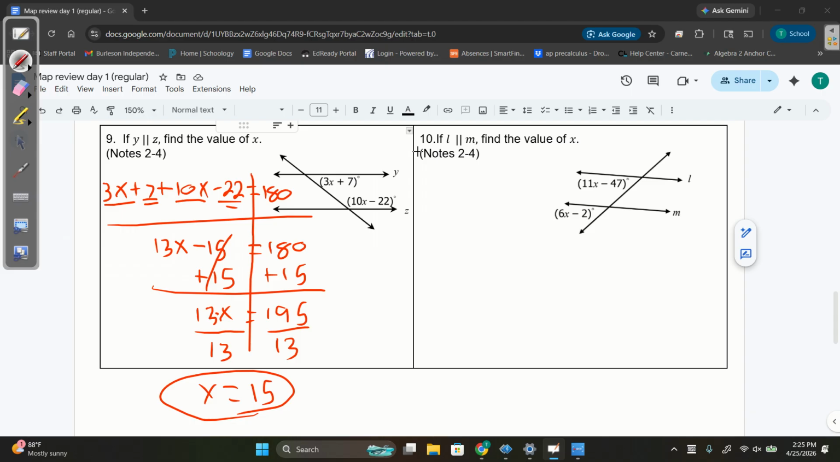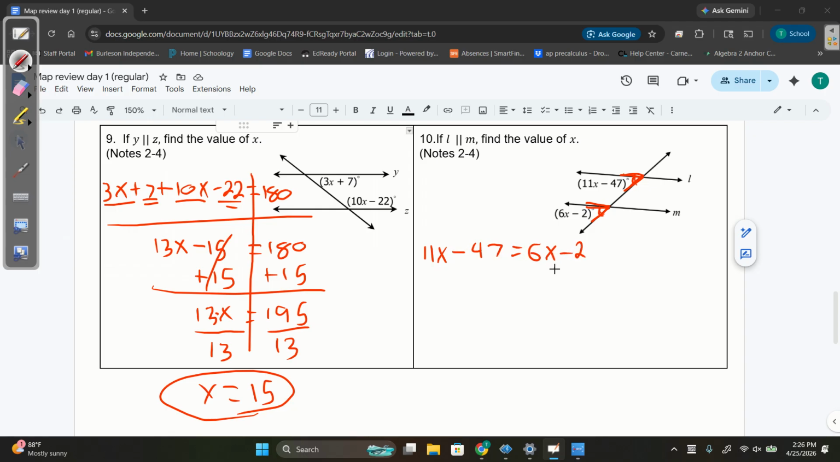Let's look over here at number 10. Now I'm dealing with this angle and this angle. These two angles are both acute. They look like they could reasonably be the same, and that's because they are. These are called corresponding angles. They're in the same spot. This is the lower left spot, this is the lower left spot. Corresponding angles are congruent. So I can set them equal to each other